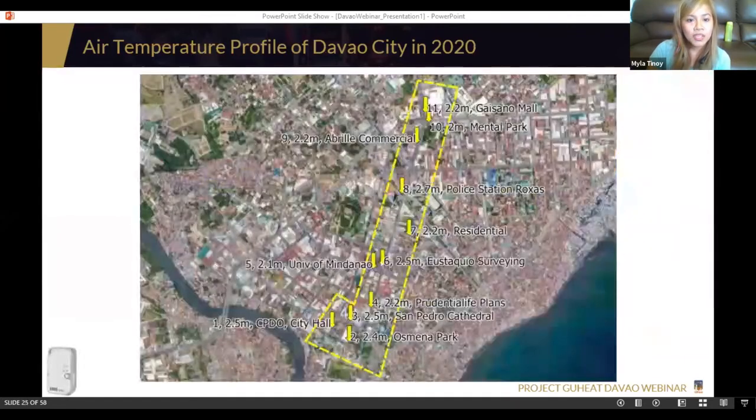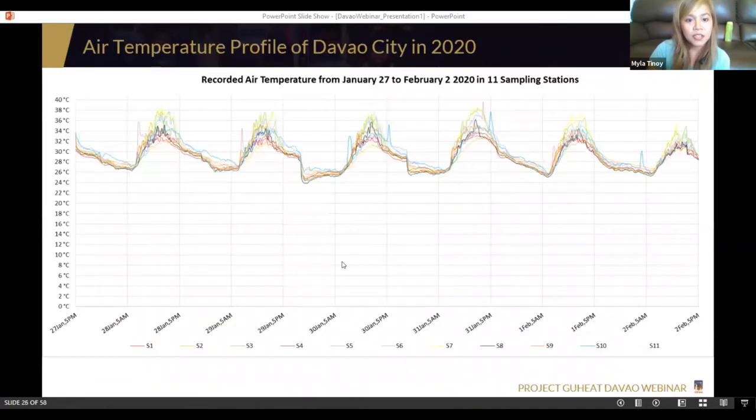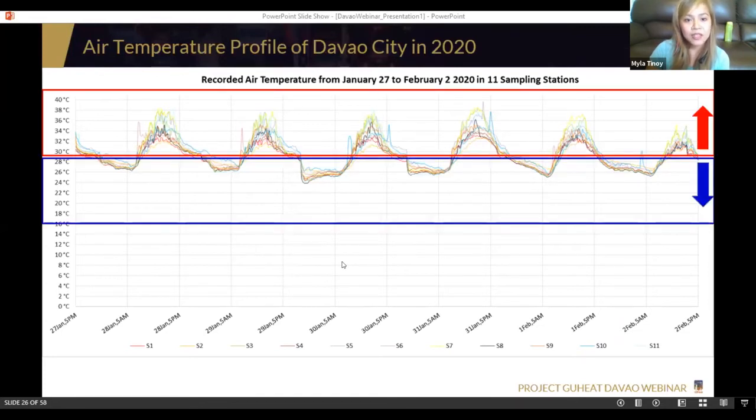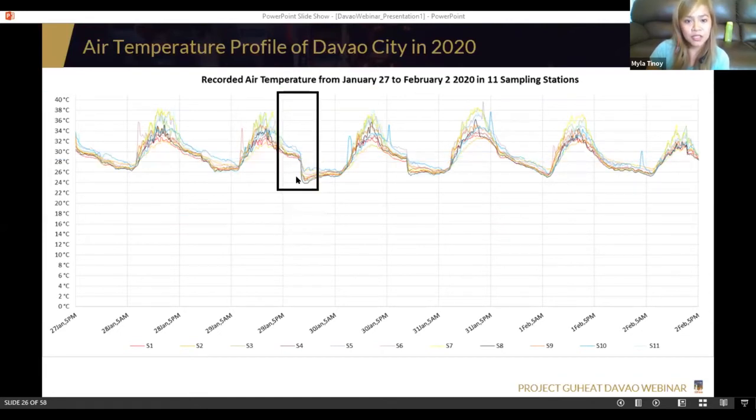We conducted another data gathering in the air temperature of Davao City, but this time we focused on the downtown area, particularly in Davao City Hall Complex and Claveria Street, where we installed 11 Hobo onset data loggers. Similarly, regardless of the station, temporal variations in air temperature show that it is warmer during daytime and then gets cooler by nighttime until dawn. Now, if we conduct more analysis in this graph, specifically this part,